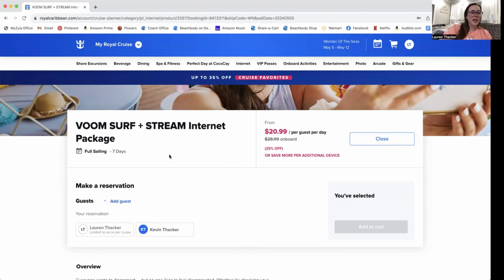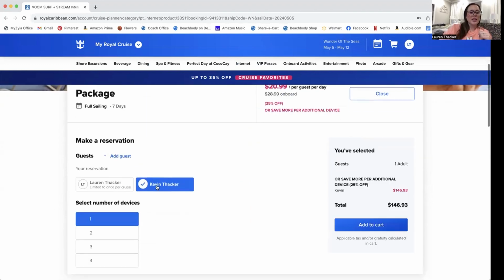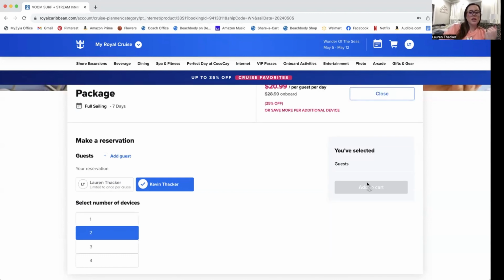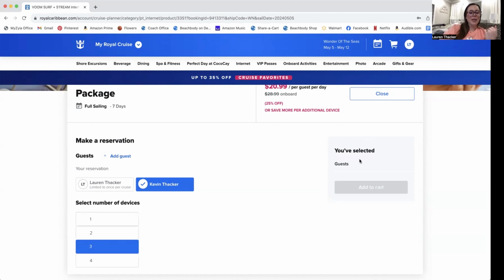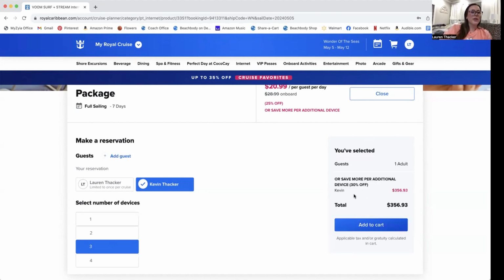Now, let's say you didn't have the key package. You can select the name and then put the number of devices. So let's say we were purchasing it and it was me and him. You can see the price will change over here based off how many people you have on that package. So for us, it would just be Kevin and then one, and then mine is the key. So we have two packages, but we only had to purchase one of these because the VIP already has an